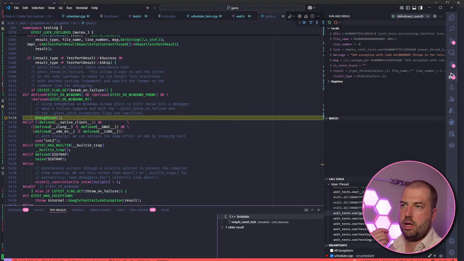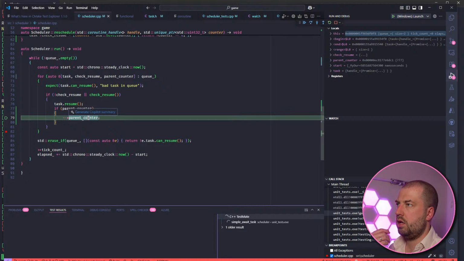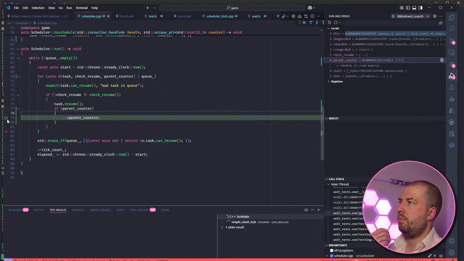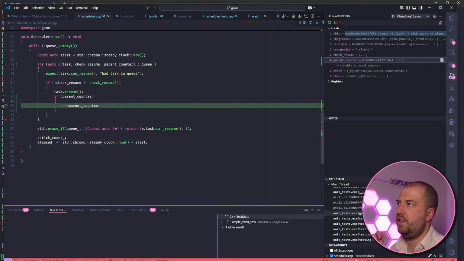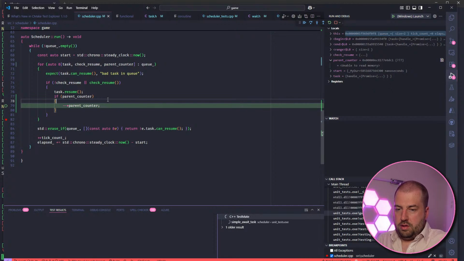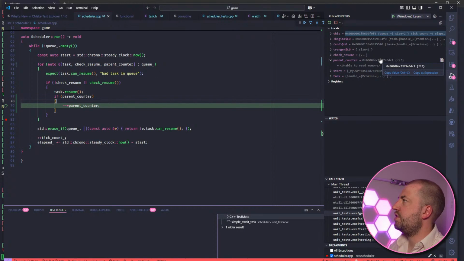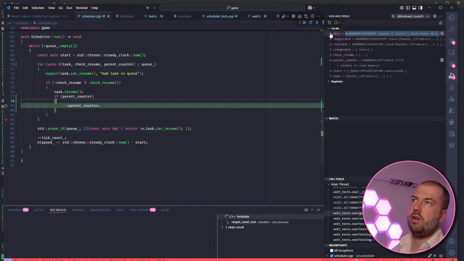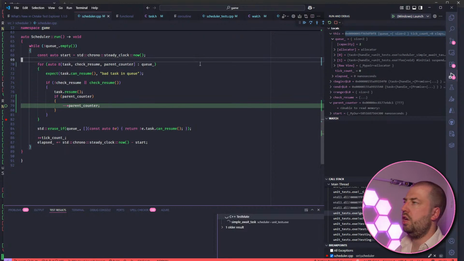Okay, yeah, okay. Sorry, fathead in the way. It's here. It doesn't like my parent counter. Looks like a memory address to me. It can't have gone out of scope because it's still both in the queue.